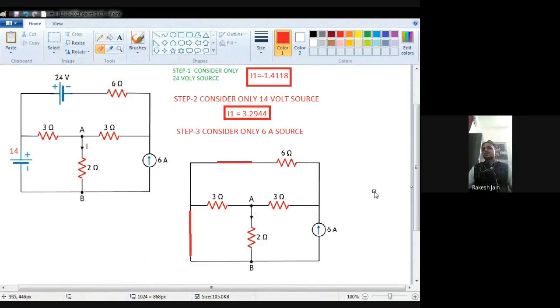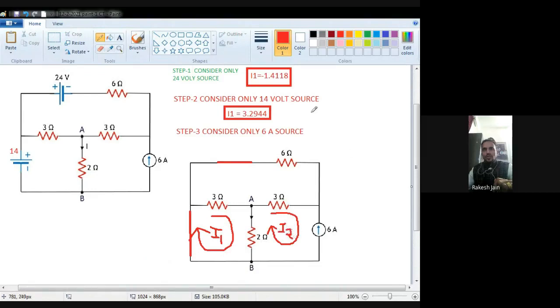But this is I2, now find I1. Just put this value of I2 in equation number 1 or 2. So I just put this value in equation number 1. Now see at the topmost side. So 5 I1 minus 3 times I2. What is I2? 0.824. That is equal to 14.